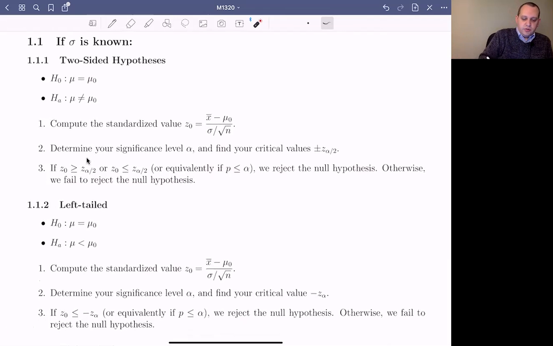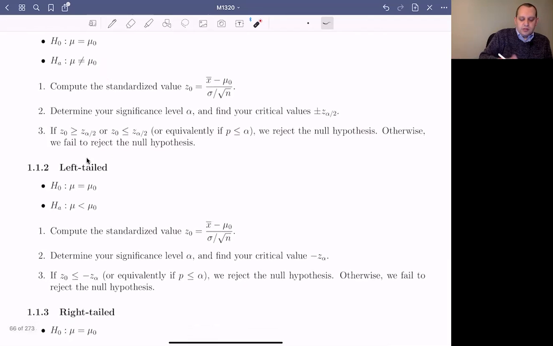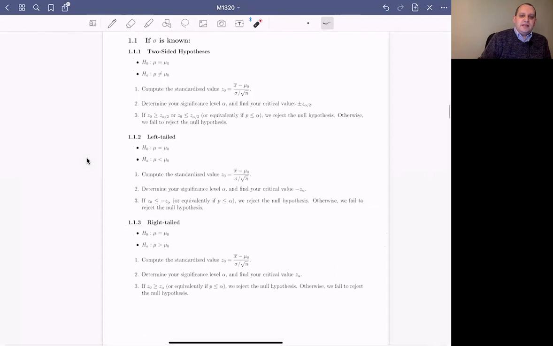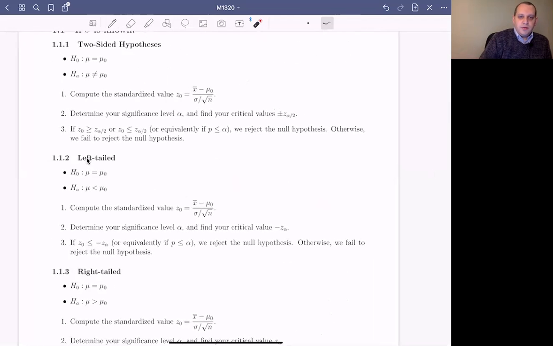You can do what's called a two-sided test. You want to figure out whether the mean has some certain value or not. The left-tailed test, which is the one that we started with in our medical example, maybe you want to know that the mean is equal to some value, or you want to know whether or not it's less. Or the right-tailed, right? You can figure out that the mean is what you think it is, or maybe the mean's greater. In all 3 of these cases,